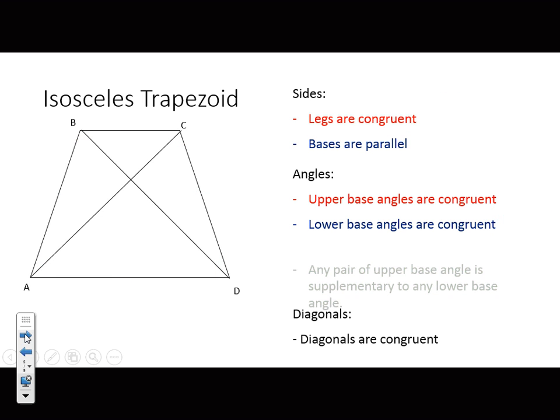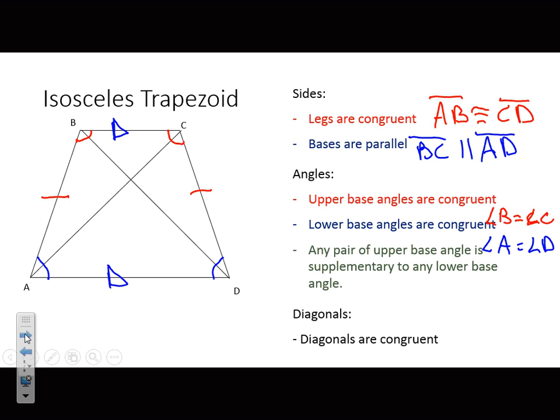Some more fun facts about our angles. Any pair of upper base angles is supplementary to any lower base angle. So I can pick one upper base and one lower base, and they're going to add up to equal 180. I'm going to give you one example for that. If I picked B right here, I could pick A or D. So the measure of angle B plus the measure of angle A is going to equal 180. Now I could also pick the measure of angle B plus the measure of angle D, and that would also equal